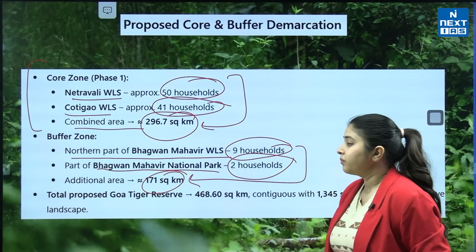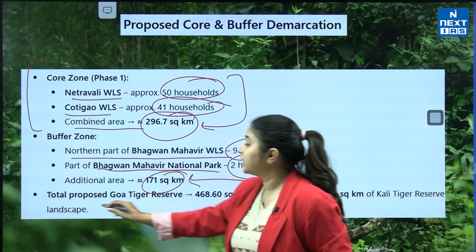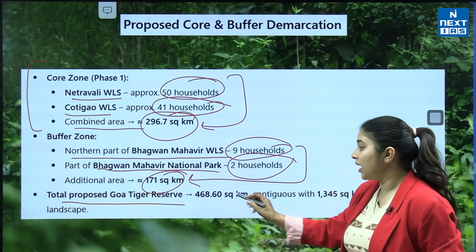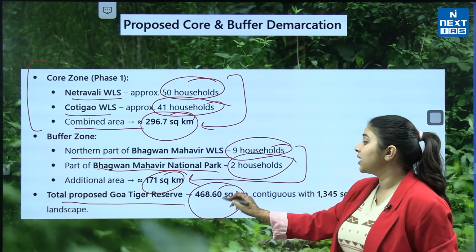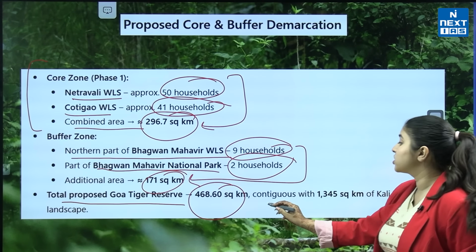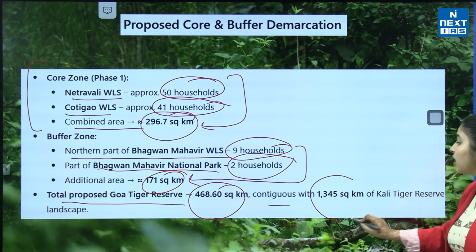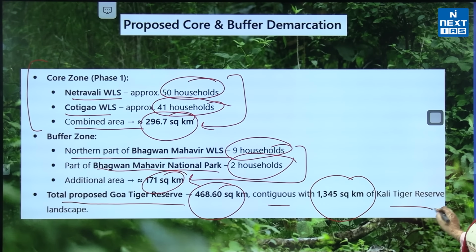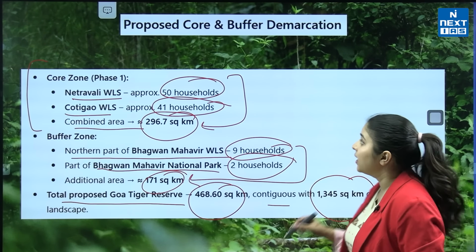Now it is important to understand that the total proposed Goa Tiger Reserve area is 468.60 square kilometers, which is contiguous with 1345 square kilometers of the Kali Tiger Reserve landscape. Alright, moving forward,